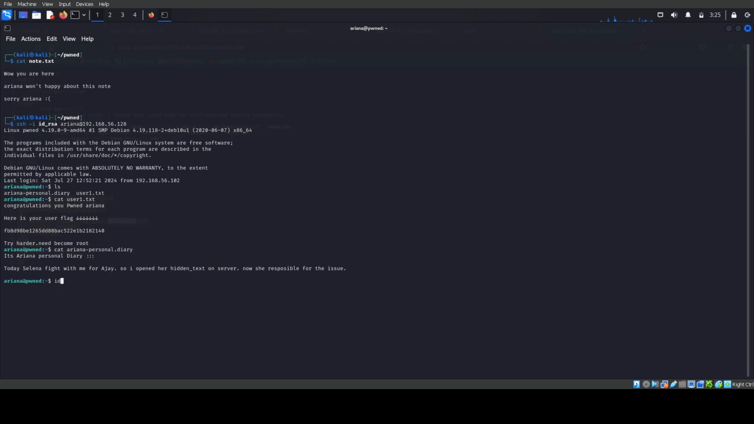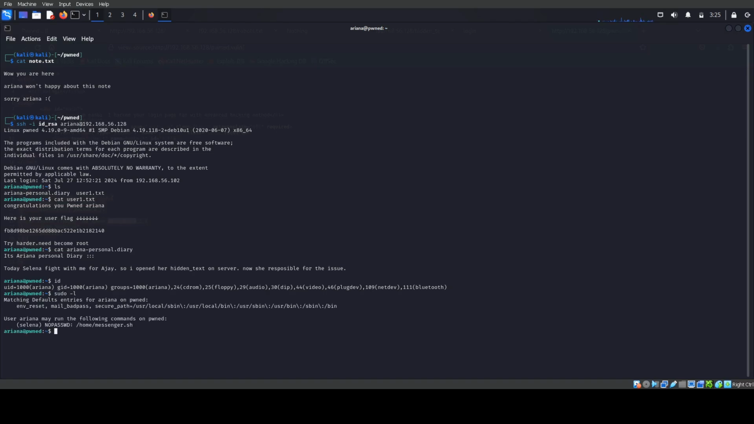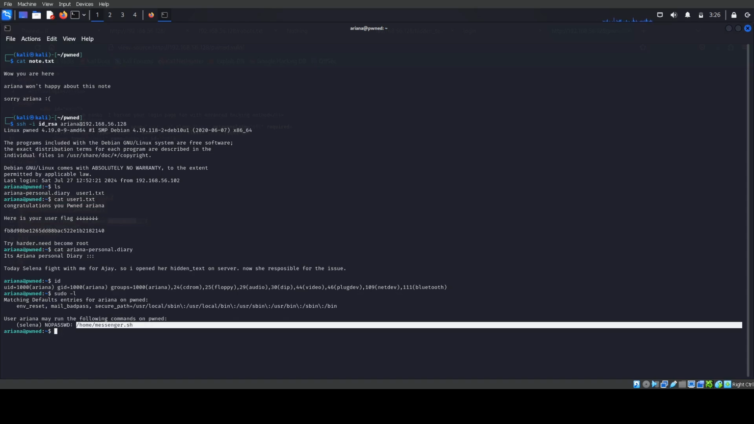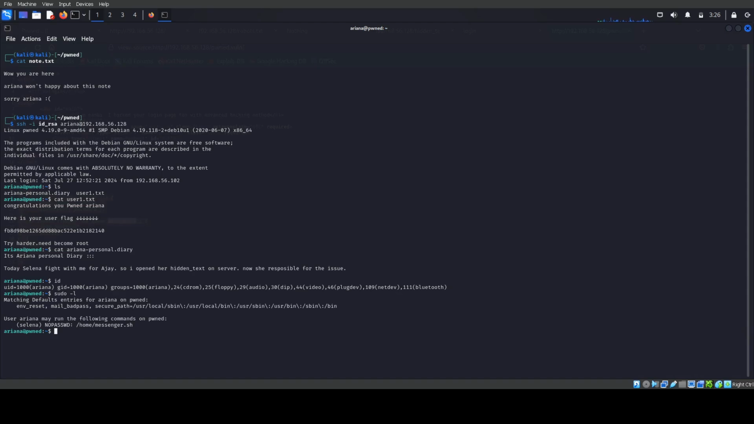And let's see what this particular id Ariana has. They don't have any particular permissions that we can use. If I go to sudo -l, we see that we can use this particular .sh file as Selena. So if I go here, there is indeed a messenger.sh file. If I open this file,